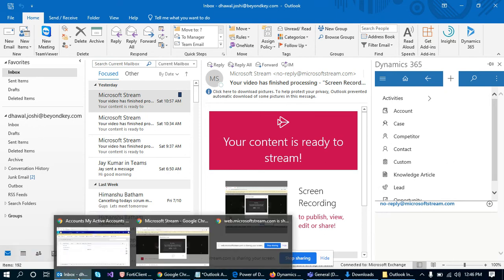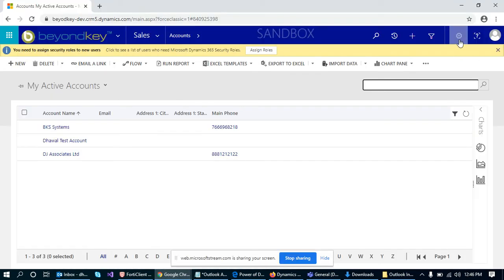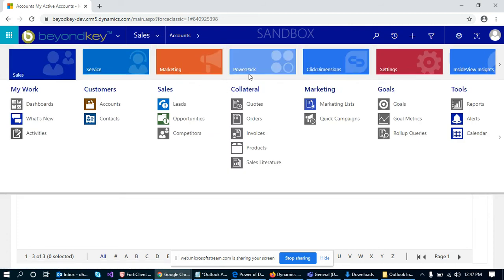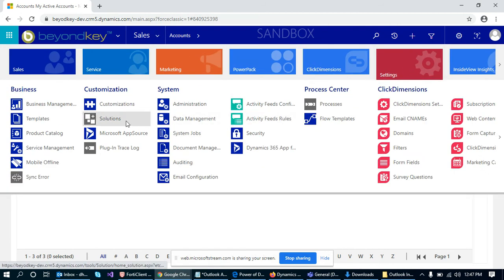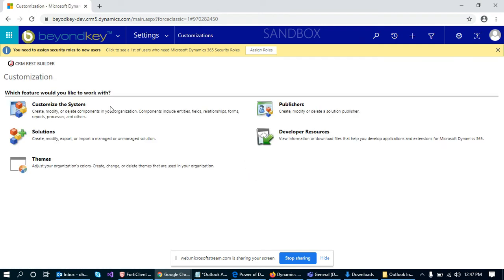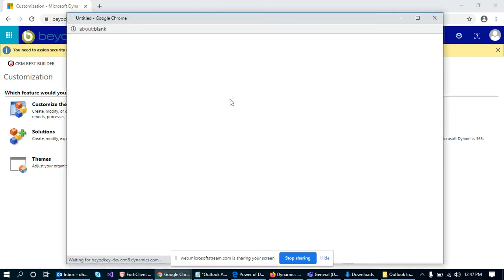And we can also see how we can do the settings for any custom entity to be used in the Outlook app. So I'll simply go to customizations, where I've added the custom entity which I have just shown you in the Outlook app. There are some settings which need to be done when we are creating a custom entity for Dynamics 365.